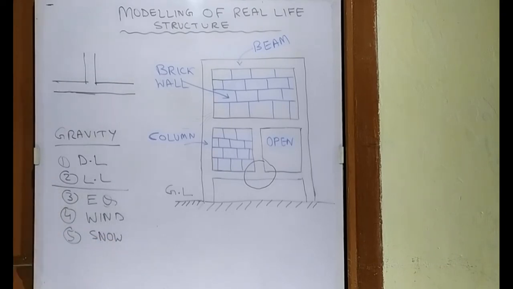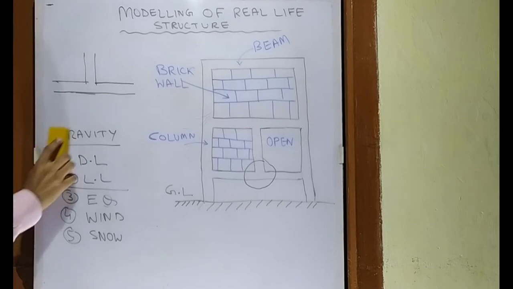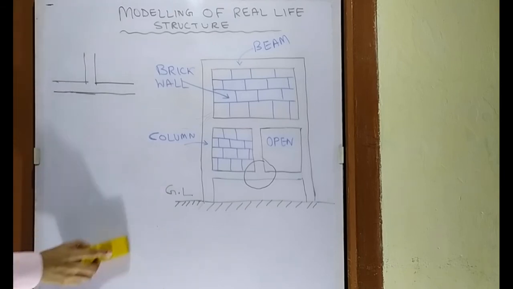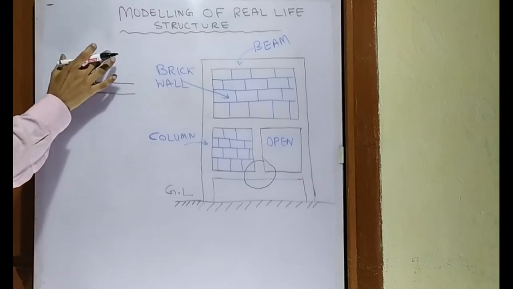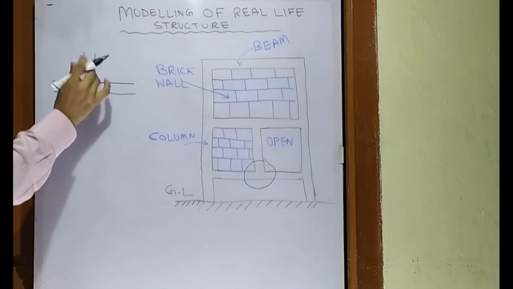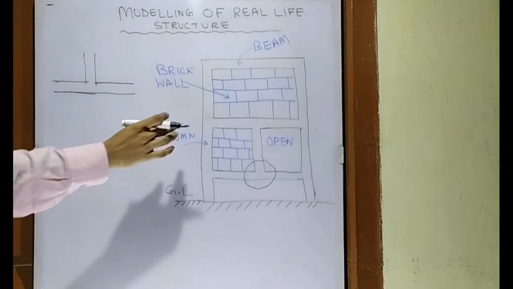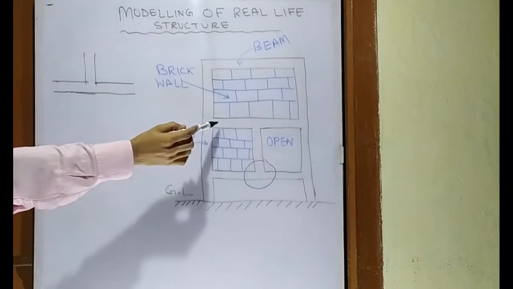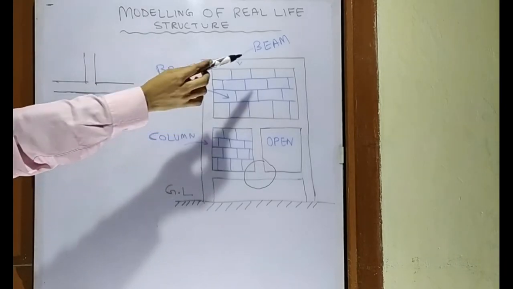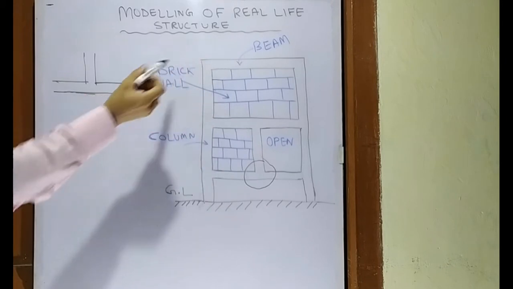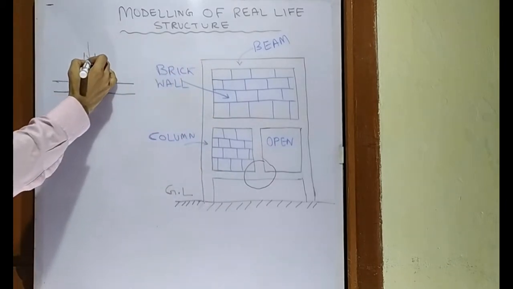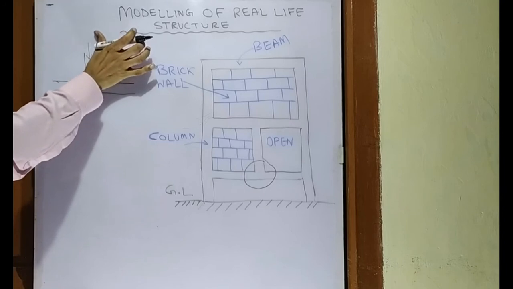Okay, so these are some important types of loading. Right now we will just talk about point load. If we are considering the gravity load only, then this column will have its own weight, and it will also carry some load from the beams on the above floors, so there will be some loading.